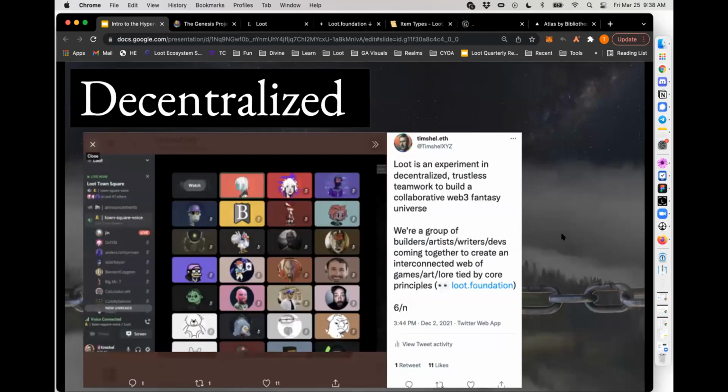The way that this world works is that I think there's like 80,000 users in the Discord, but Discord's so crazy that probably a lot of those are bots, or they're people who joined in week 1 and never came back. But it's pretty active, and not only in the Loot Discord, but there's 10 other Discords. There's a Genesis Project Discord, there's a Realms Discord, there's a Loot Explorers Discord, there's a Hyperloot Discord, there's a Crypts Discord, there's a Crypts and Caverns Discord. So we're still figuring out how you build a multi-Discord community that's so decentralized. But for whatever reason, so far, it's working. It's this fragile flame in our hands, and we're doing everything we can to give it some kindling and help bring it to life.